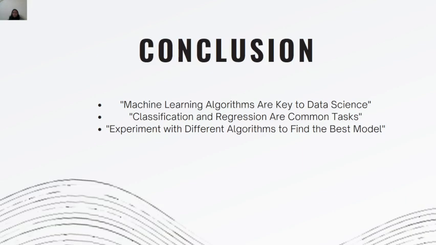So let's move on to the conclusion. To conclude, machine learning algorithms are the core of data science. Whether you are working on classification tasks or regression tasks, there are many algorithms to choose from. It's important to experiment with different algorithms and evaluate their performance to find the best one for your specific problem. In the next video, we will discuss model evaluation,